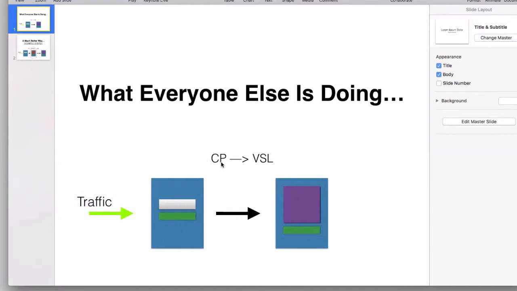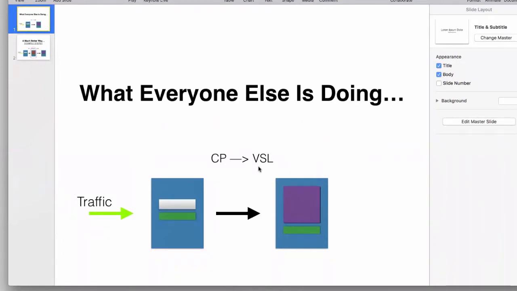So CP, capture page, and then they're sending people directly to a VSL. VSL stands for Video Sales Letter, okay? So that is your sales page. That's the page where somebody could watch a presentation, usually a video presentation these days, about your offer, your product, your opportunity, whatever it might be that you're promoting. And then have an opportunity, usually a button directly under the video, where they can click and actually buy the product, join your team, whatever it might be, the call to action, right? And it brings up another really important acronym that you're going to hear a lot, CTA, which stands for